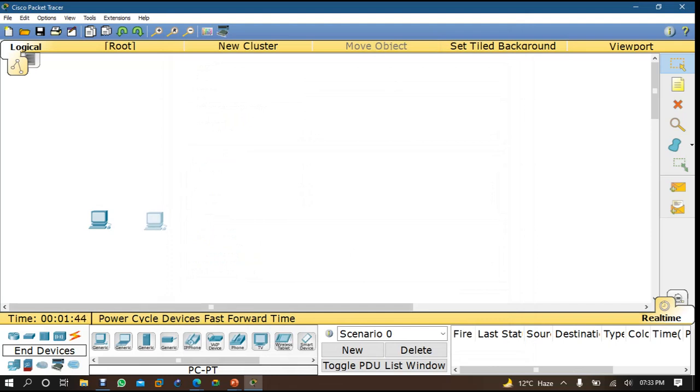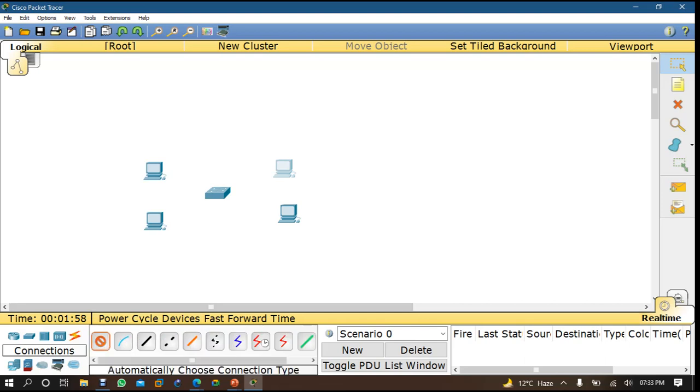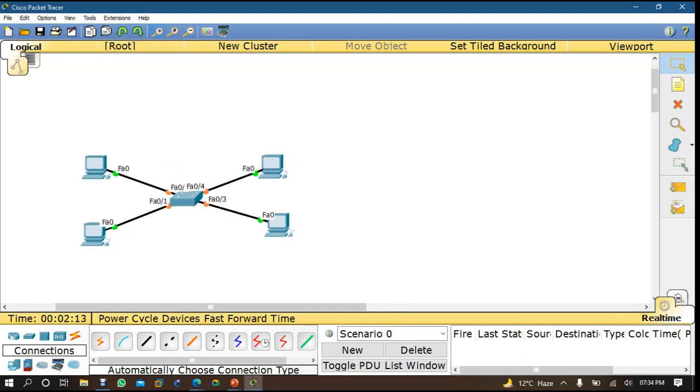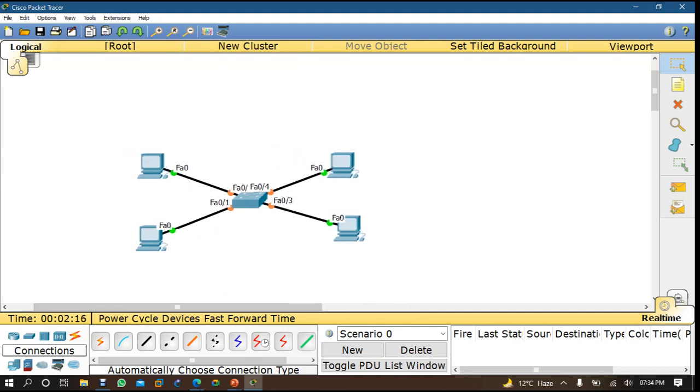So I have taken some computers. Okay, let me connect them. According to the first example, please check lab number one.